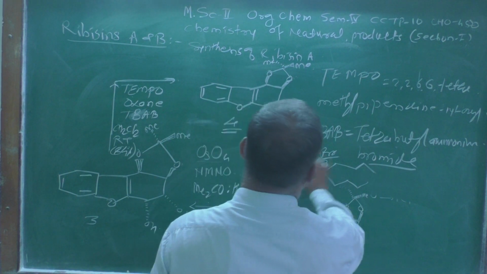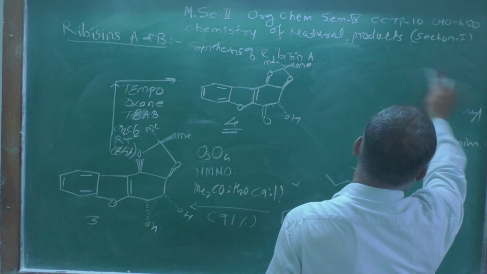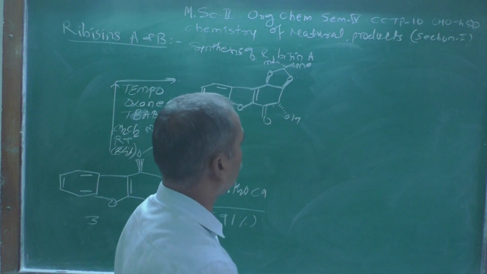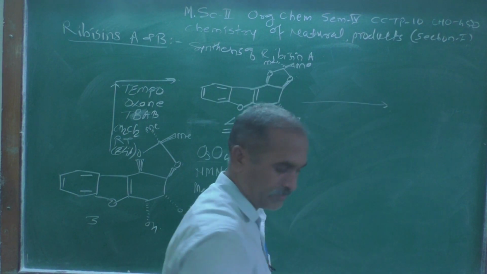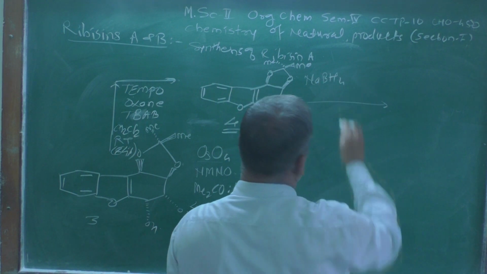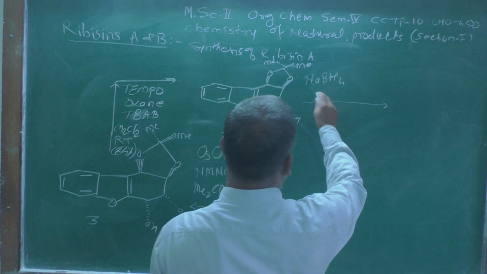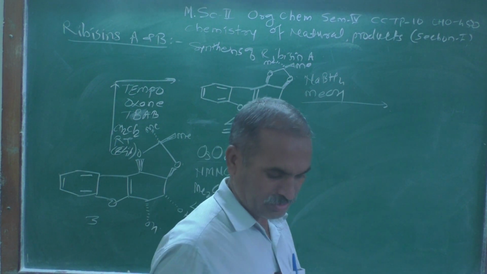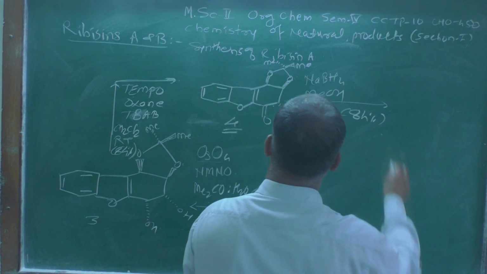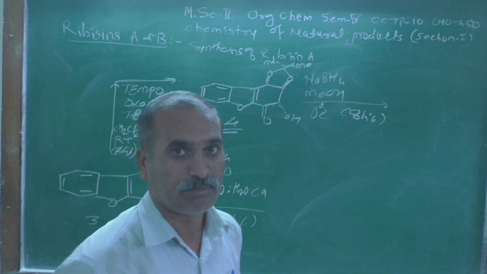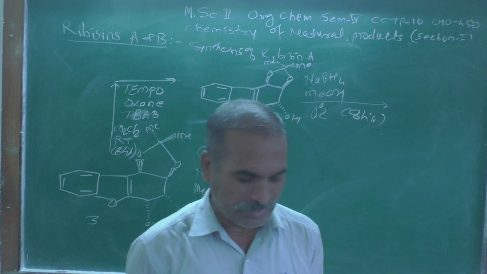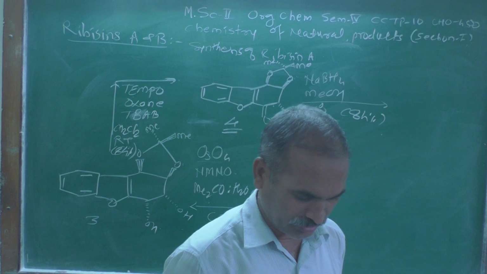Now, after 4, when we add different reagents, let us see over here, when this 4 is treated with a reagent like sodium borohydride, NaBH4, followed by methanol, MeOH, at 0 degrees centigrade, an 84% yield is obtained, a very high yield, because all are biotransformations and therefore they are highly specific and high-yielding products are generally obtained over here.